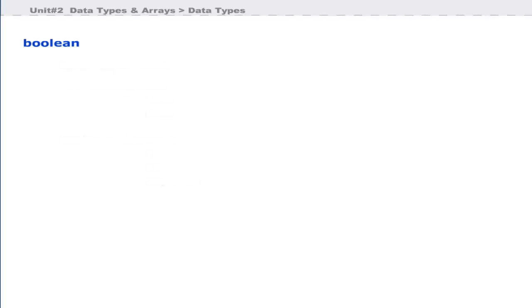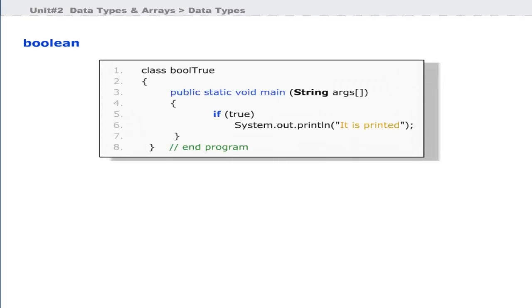Now let us discuss a program that demonstrates the use of Boolean value true. At line 5, if conditional statements tests a Boolean value. Since this is true, the statement at line 6 is executed. We will discuss control structures including if later in detail. For simplicity, remember that if the condition in if statement at line 5 returns true, only then the next statement